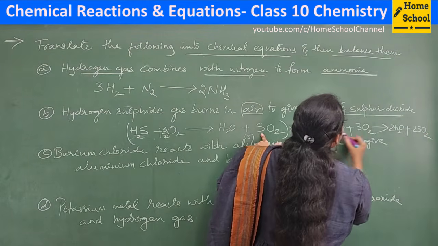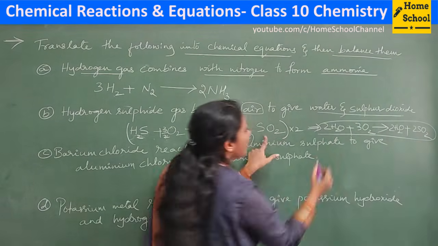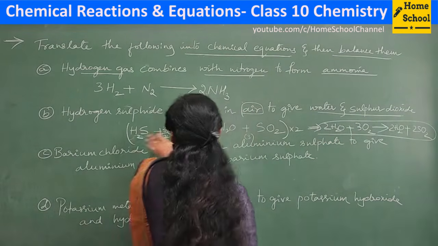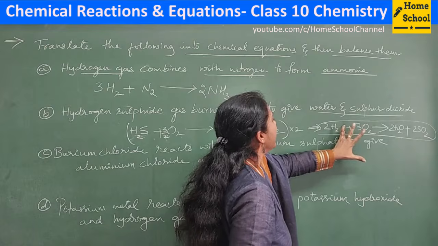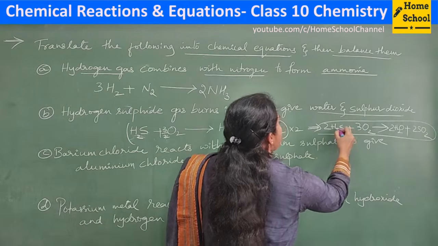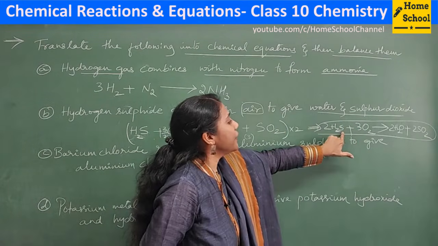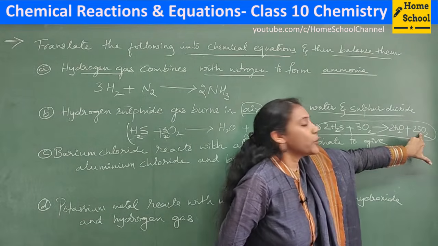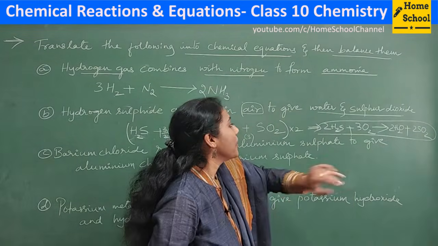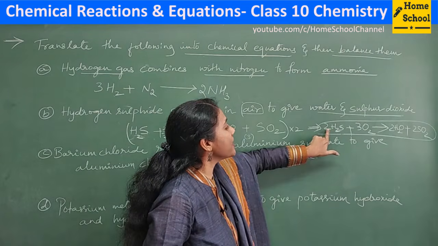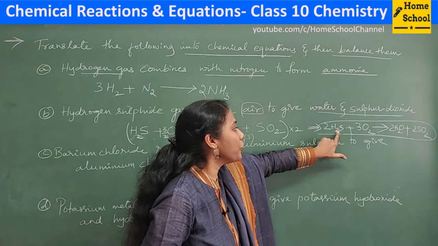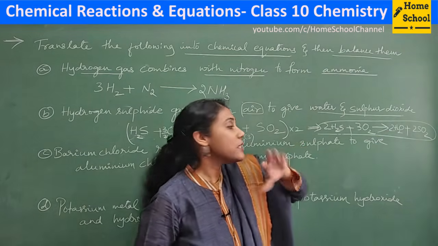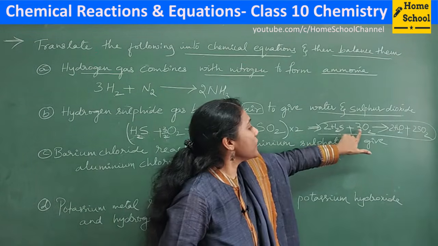So now you see whether the equation is balanced or not. How many sulfurs? 2H2S, right? Here S should come, 2H2S. So how many sulfurs are there? 2 sulfurs in the reactant side. How many sulfurs in the product side? 2 sulfurs. Sulfur is balanced. Next, hydrogen. How many hydrogens are there? 2 into 2, 4 hydrogens. Here also 2 into 2, 4 hydrogens. Hydrogen is balanced.